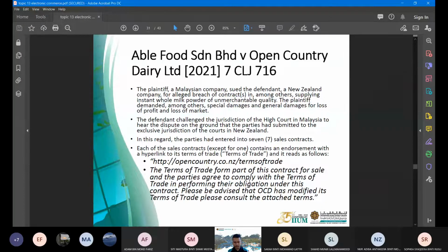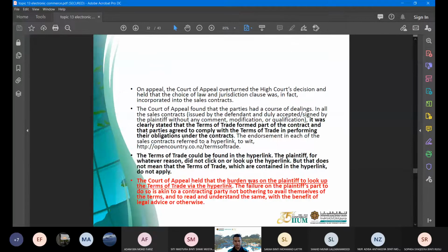I mean, the full term was not spelled out in the contract, but they just put it in the form of a hyperlink. Please be informed that we have revised the terms. Please look at the link. Yeah. So actually, in this case, before the dispute they had entered into seven sales contracts. Yeah. So in this case,